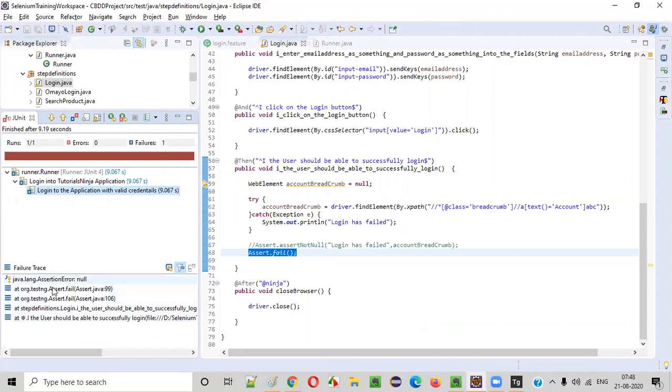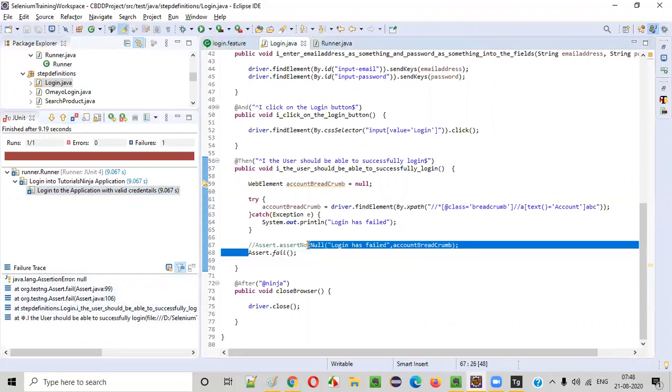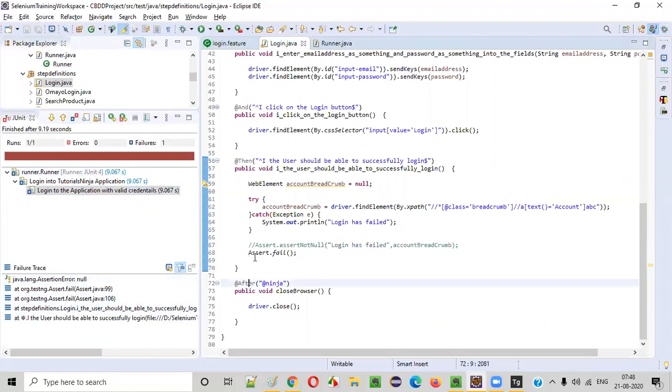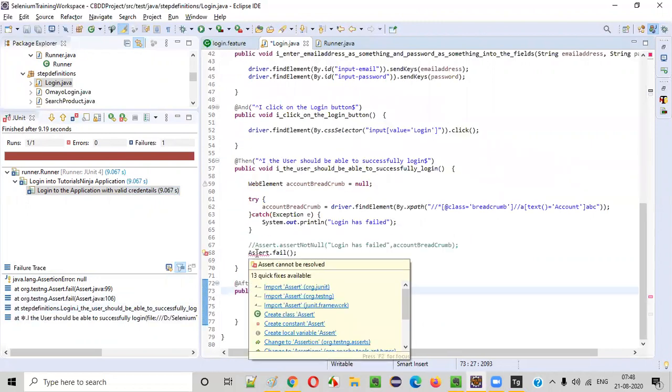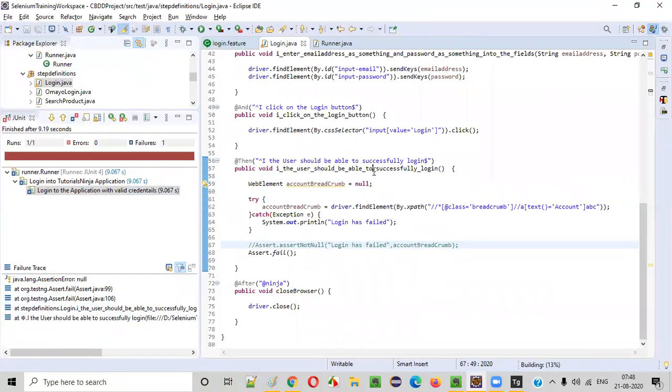It's giving the TestNG assertions inside JUnit. It's not a correct way. The results and assertions should be in sync with JUnit. So I'll remove the org.testng import from here and import this assert from JUnit only, not TestNG. Things will be in sync now.